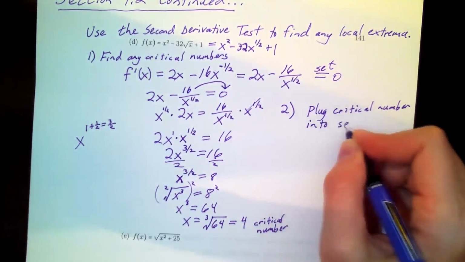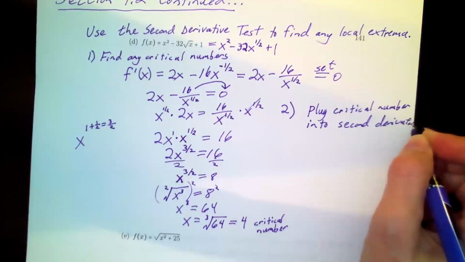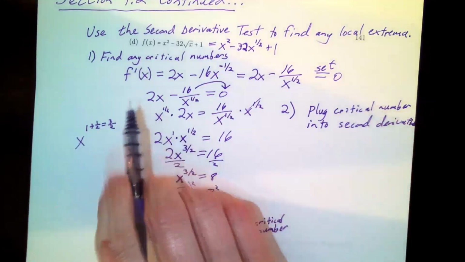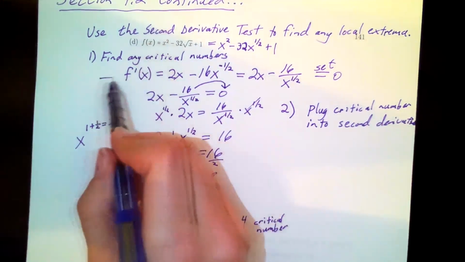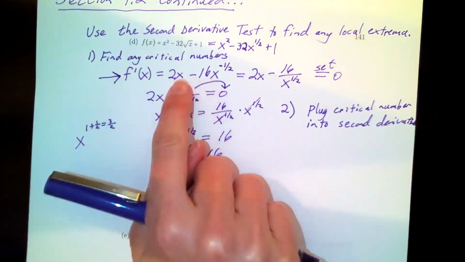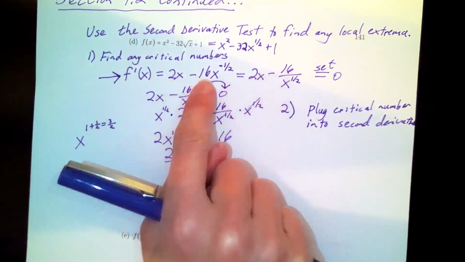Second derivative. So if you don't have the second derivative function already, then you need to find it. This is my first derivative. Here it is. Take the derivative of it before we simplified it back. We have